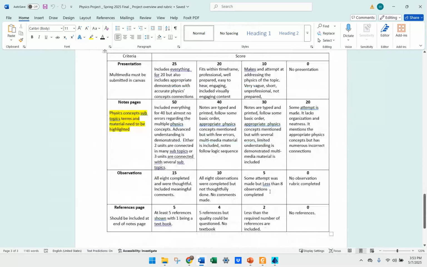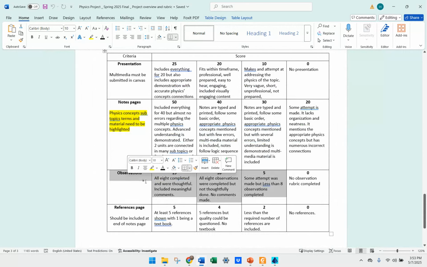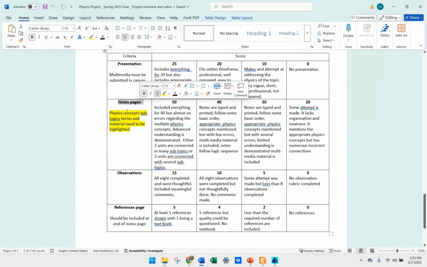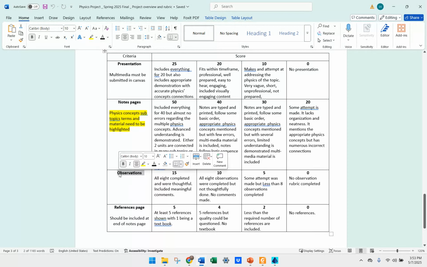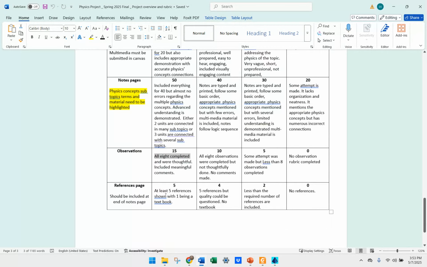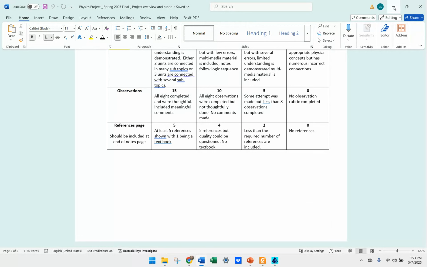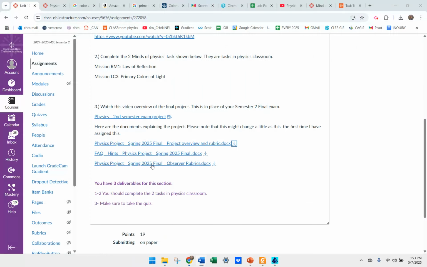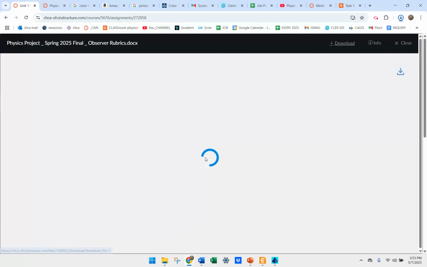Probably, I think the most confusing part about this is this observations component. So in addition to you doing a presentation, in addition to you turning in a notes page, which is basically an outline of what your presentation would be, you can almost think of it as a little bit of a report on your topic. You're going to do observations of your peers. And so you're going to observe 8 of your peers presenting. And when you do that, it's going to look like this. So this document right here,